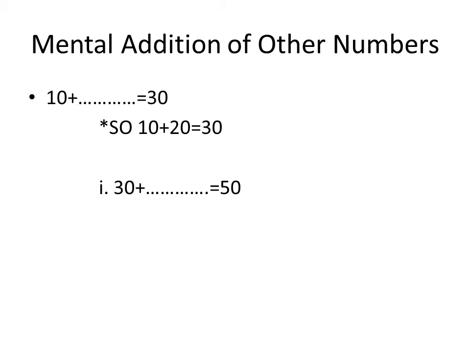Right, now we have again 30. From this 30, how many fingers? 3 fingers. Now from these 5 fingers, we are going to fold 3 fingers. 30 means 3 fingers, and 5 fingers is 50. From this, we are going to fold 3 fingers. Let's fold 1, 2, 3. So when we fold 3 fingers, we have 2 more fingers extra. So these 2 more fingers refer to 20. 2 more fingers equals 20.